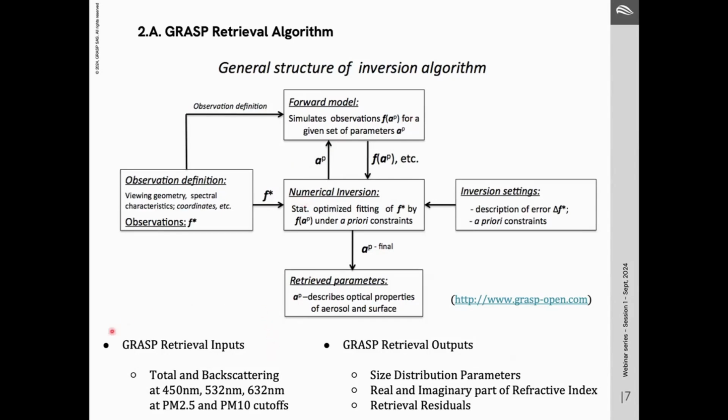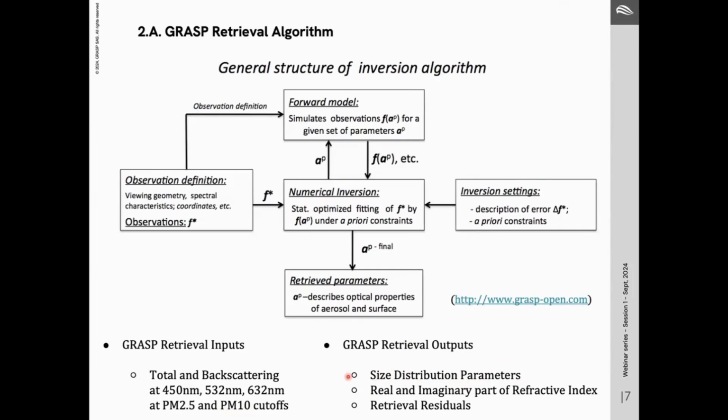In the case of nephelometer retrieval, GRASP will take the measurements as input, which include the total and backscattering at three different visible wavelengths and at two different size cutoffs. It also provides the following retrieval outputs: the aerosol size distribution, and also the real and imaginary part of